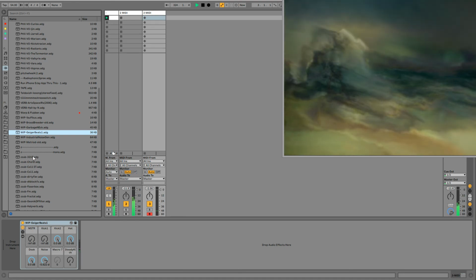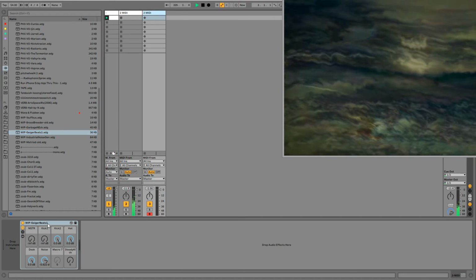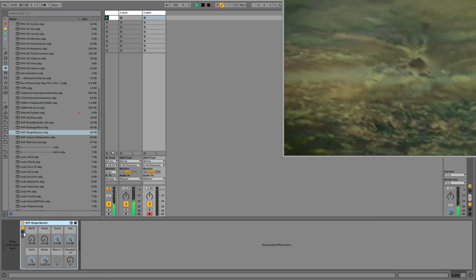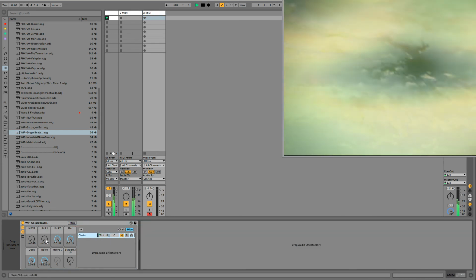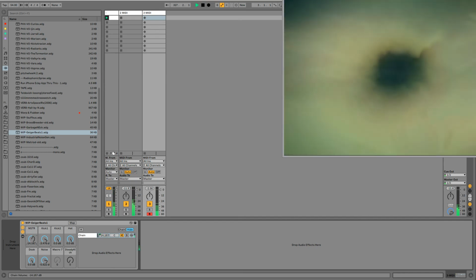Sometimes it's fun to just drag these in. I've got whole Live sets that have like 20 or 30 MIDI tracks, each with a different rack, with all kinds of crazy stuff going on, no samples, just playing with effects to see how far we could take it.